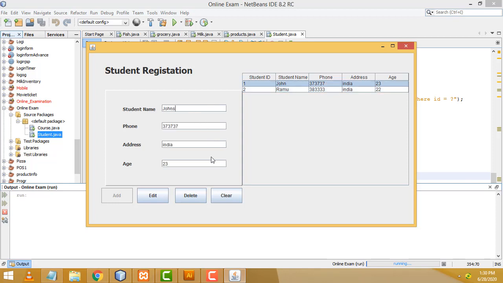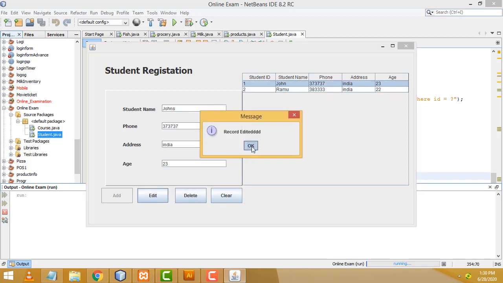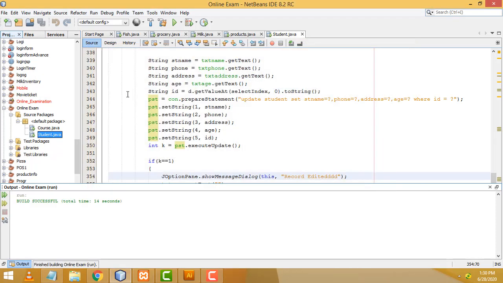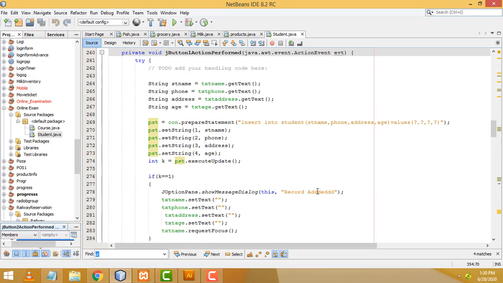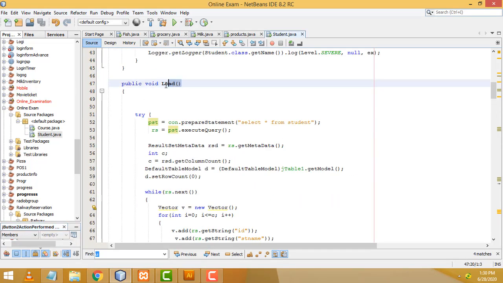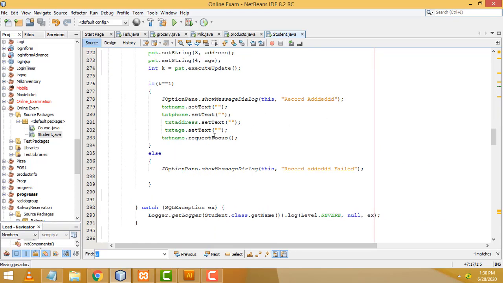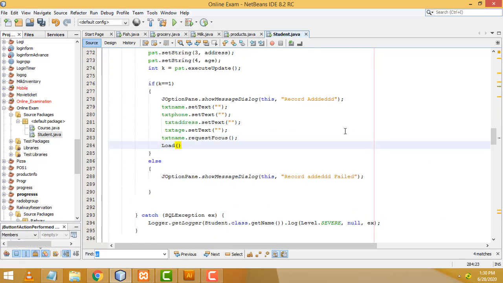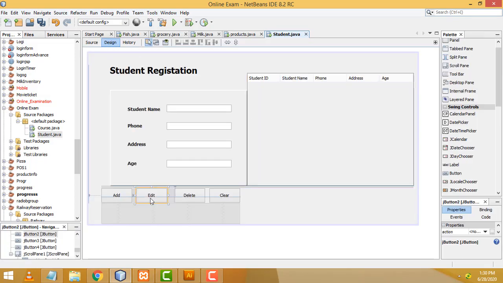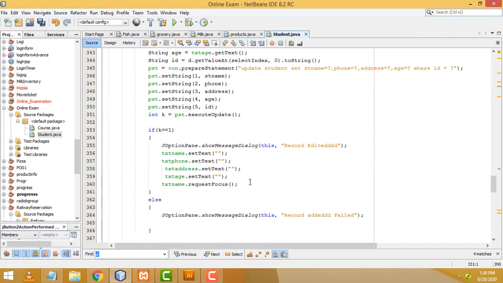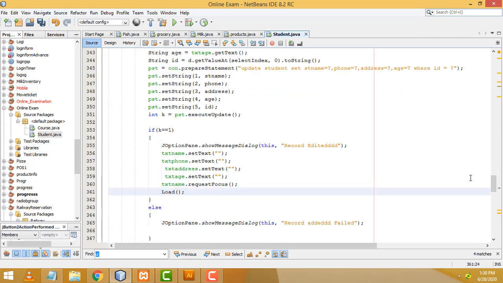This one. Right, if you edit it, it's not updated. Again we have to load. You can check here, it's edited successfully. Now when we edit, the data table should reload. So how to load the data table? You have to call this method, Control C to copy. You have to call it after the record edit, this one should be the update. Then only it works. After adding the record, here you will be able to load the data. Right? That's the thing we have to do.